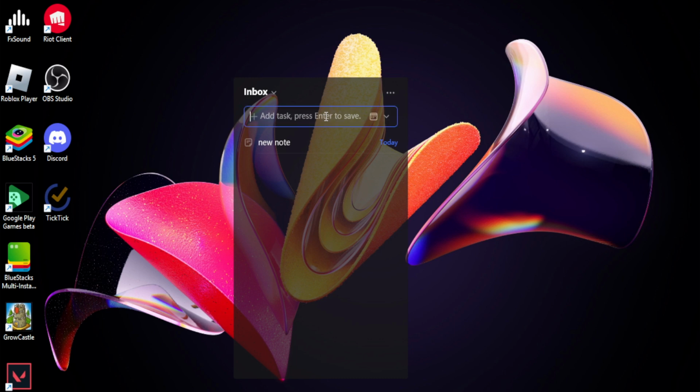Type in your first task directly in the widget window. After entering your task, you'll simply press enter. This adds the task to your list, which updates automatically. It's as simple as that, and from now on, you can stay on top of your tasks, all visible right on your desktop. These desktop widgets act like sticky notes on your computer, ensuring you never miss a beat in